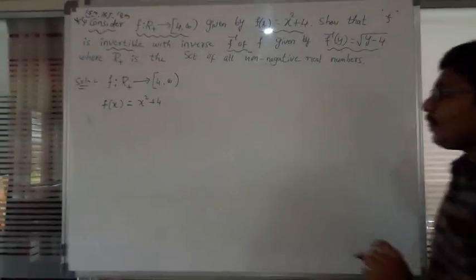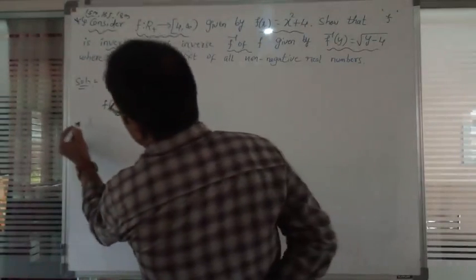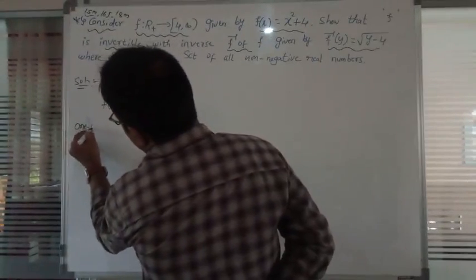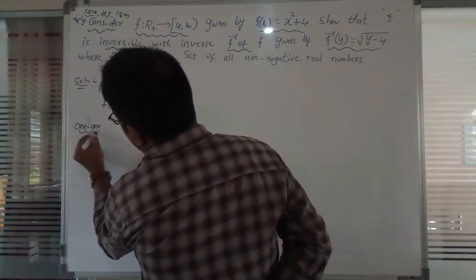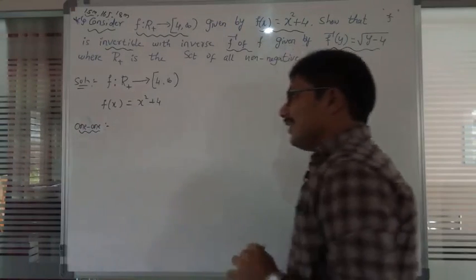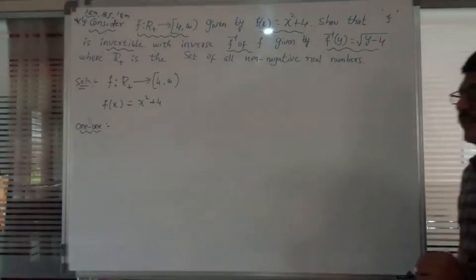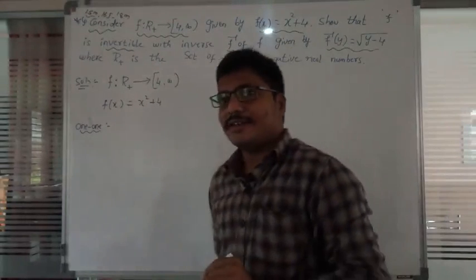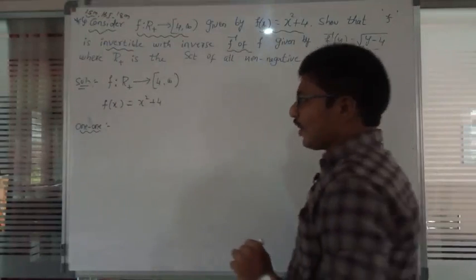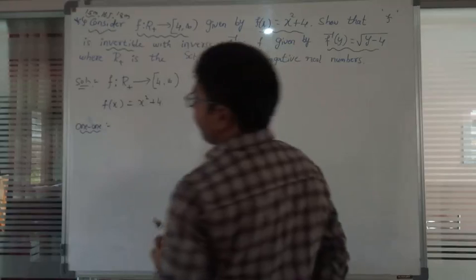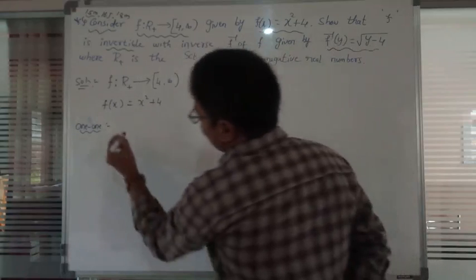Now first you should satisfy 1-1. First you should satisfy 1-1. We already know the conditions of 1-1. Theoretically, how do we show this function is 1-1 and this is onto? How do we show theoretically the 1-1 function? First you should consider